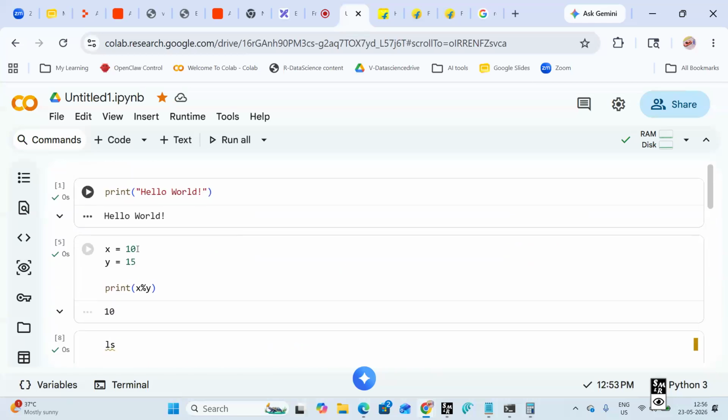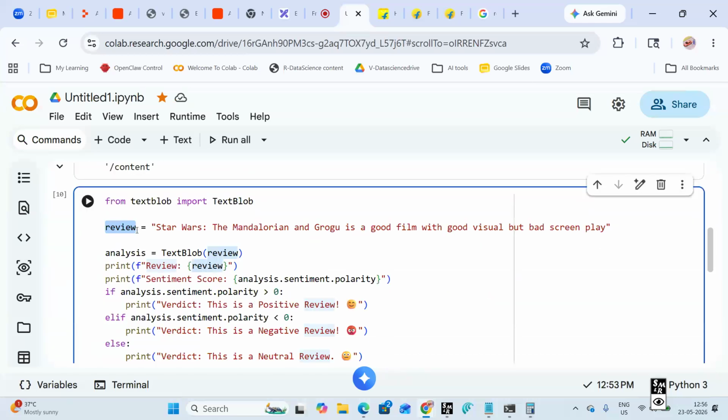Here review is a variable, and what that variable carries is a string. Analysis is also a variable, but in this analysis I am writing TextBlob, and in this TextBlob I am carrying my review here. There is a chain which it is following.